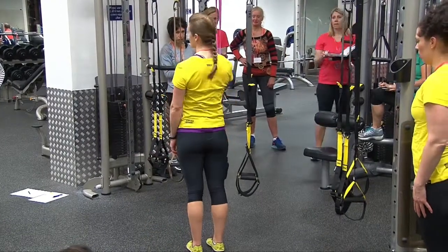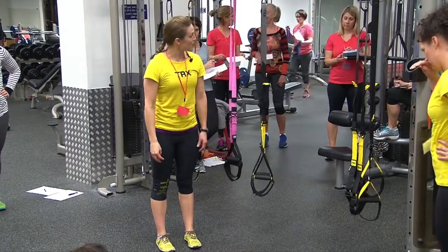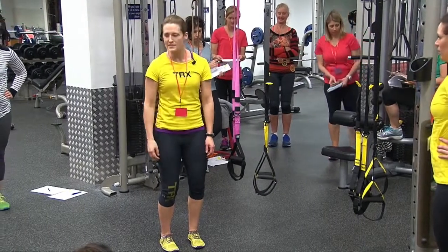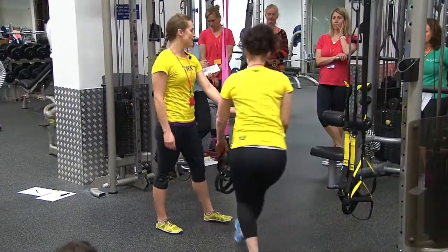They go back so far, it's like they bend in half. And I've had to learn over many years not to ever straighten them all the way, but to always have them slightly bent. And it is really difficult to do and really difficult to keep your mind on. So the movement we're gonna do, I'll get you to demo again because I can't go on back, is a